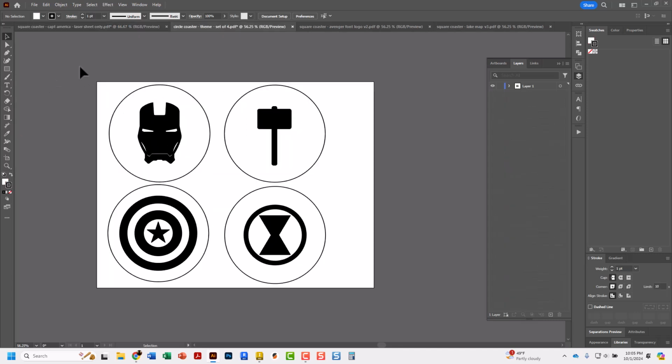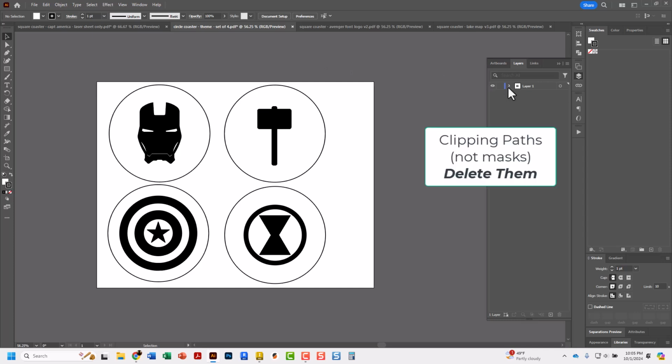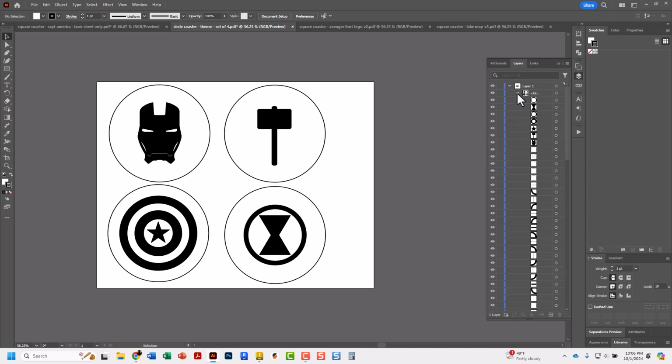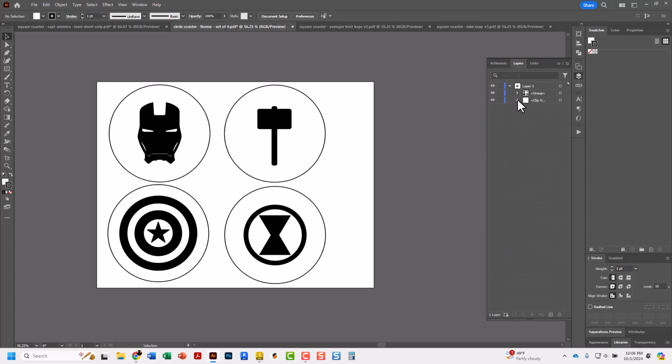Alright, so if you did a set of 4 coasters, still the first thing we have to do is turn off those clipping masks. So I expand the arrow next to layer 1, expand the arrow next to that first group, highlight that clipping mask, trash can it. I can close this arrow for a moment, go to the next group, get that one,